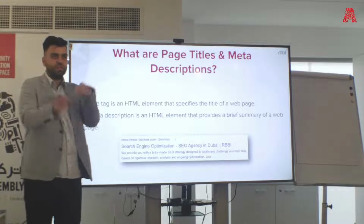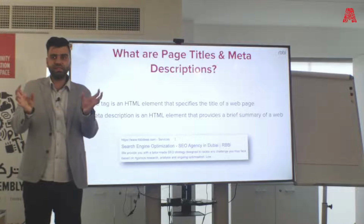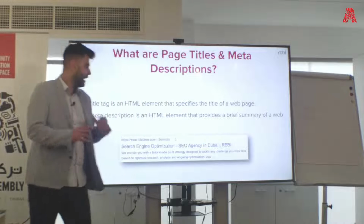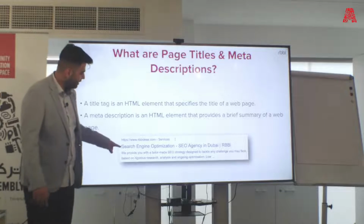All this mix and match, you can play with this, your primary keyword, and mix them and make them a one sentence. This is perfect. Then it will look like this. Good. Another thing you need to keep in mind when you do page titles is that the first letter should always be